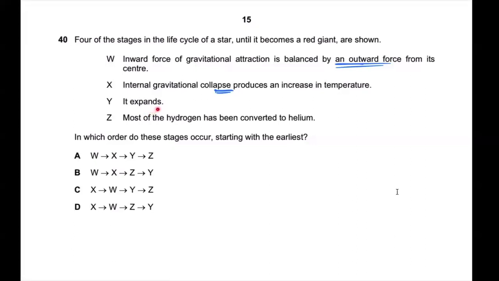So for it to become a red giant, obviously it needs to expand at some point, right? So we know that it would expand, and then because of the increase in temperature, a lot of the hydrogen would be used up very quickly. So it's definite that we have this order of events, that you obviously need to have X first, right? So starting from the earliest one,